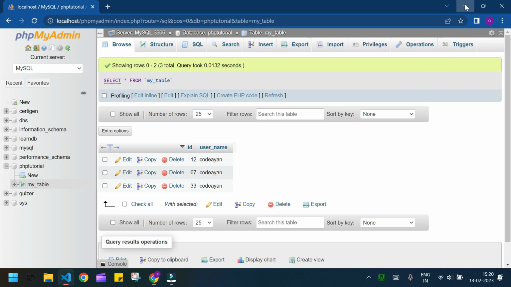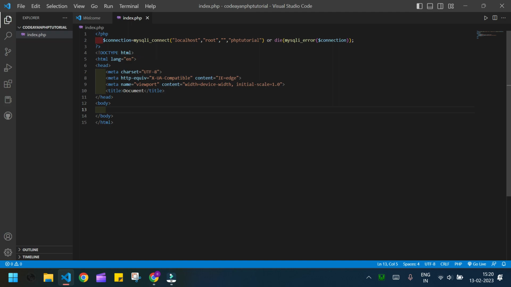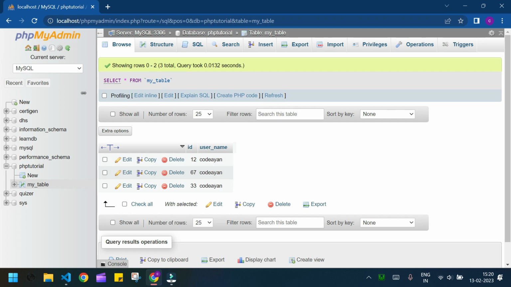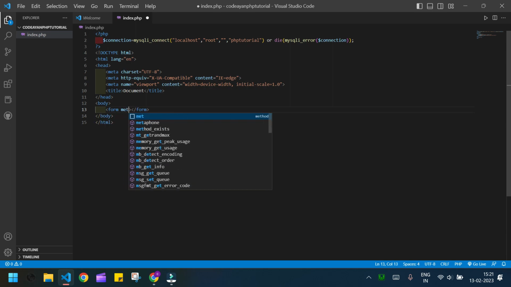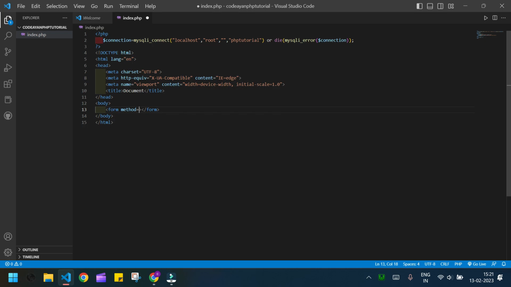Okay, so let's begin. At first I need an input method where the user will specify at which ID I need to change the value. So I will create a form. Yeah, here is my form. The form method will obviously be the post method,